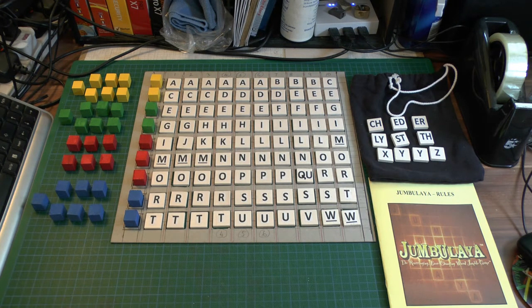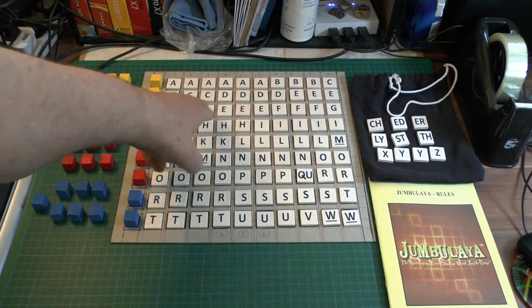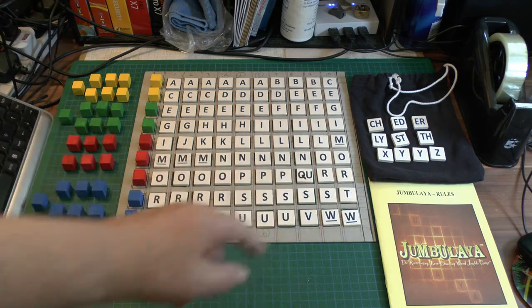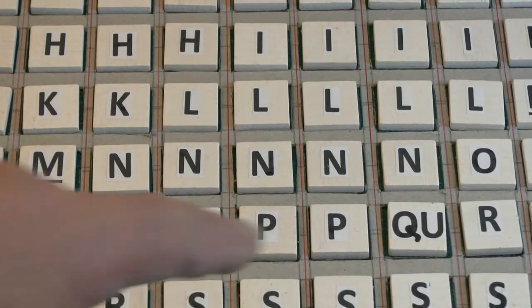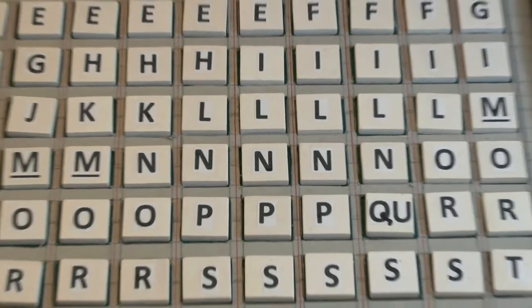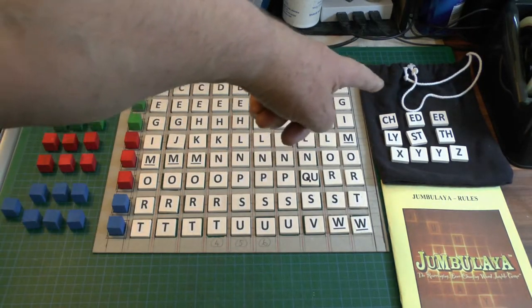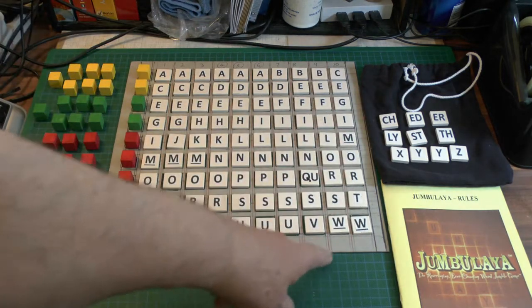I've laid the tiles out in order. So there's so many A's, so many B's, so many C's, so many D's, E's, F's and G's, H's, I's. And the funny, peculiar thing about this is that there's a QU there. There's a QU there, and over the other side there's CH, ED, ER, LY, ST, TH, and the rest of the tiles that didn't actually fit on the thing,